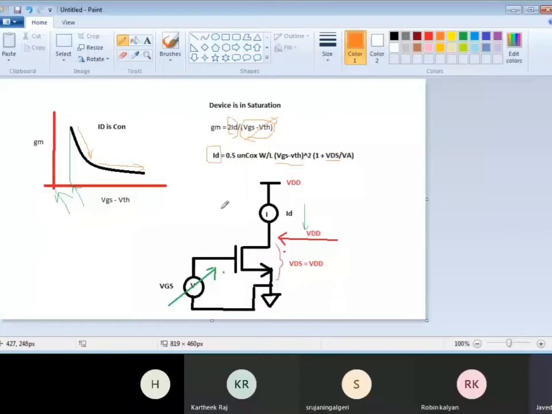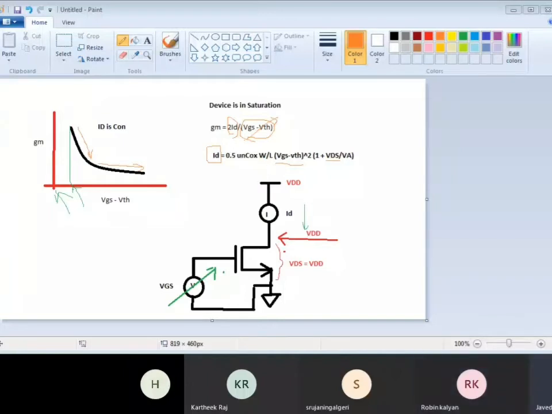Okay. So what is the expectation? I think while deriving that expression for GM, we have not considered the second order effect. So we should never consider this VDS expression for explaining the above. I think it can be explained without VDS. Maybe, sir, you can go ahead. Okay, no, we will come back to that. Now, this is the behavior that is seen in a real scenario. If it is not a real scenario, it will be a linear line which is falling. That's all. It will not be a curved line or an exponential line.